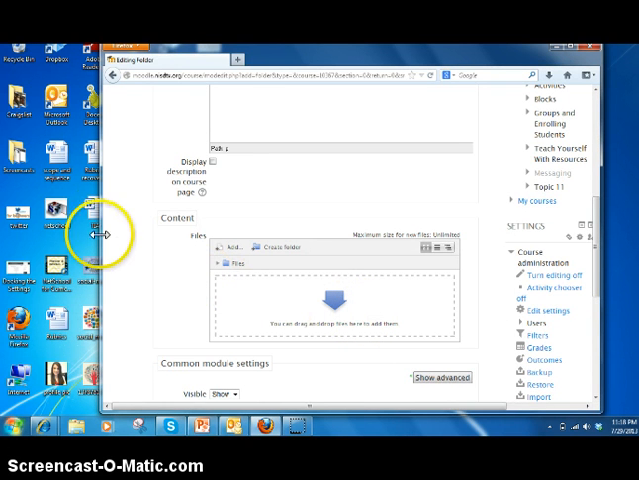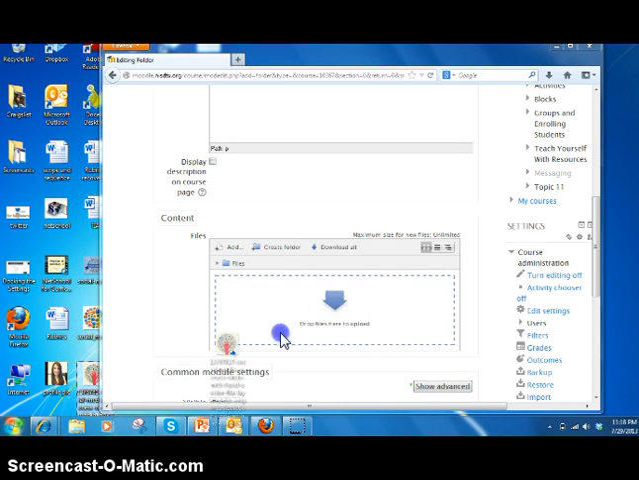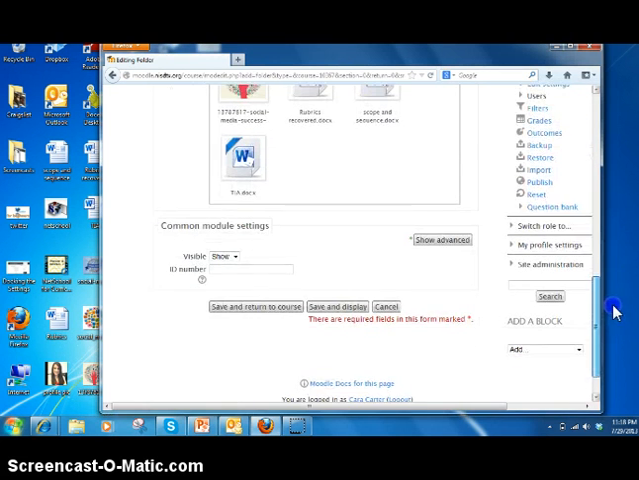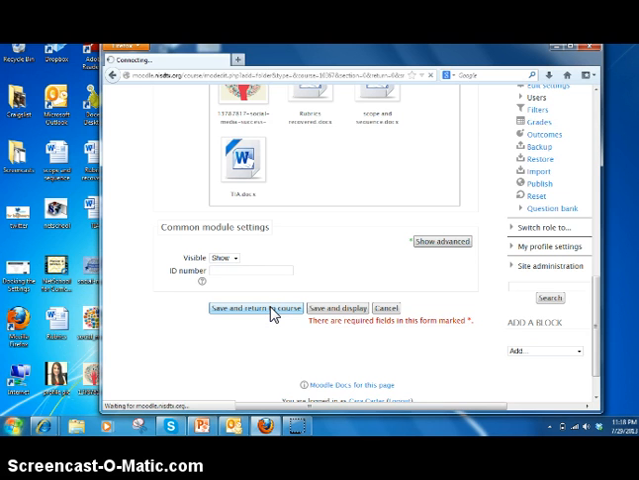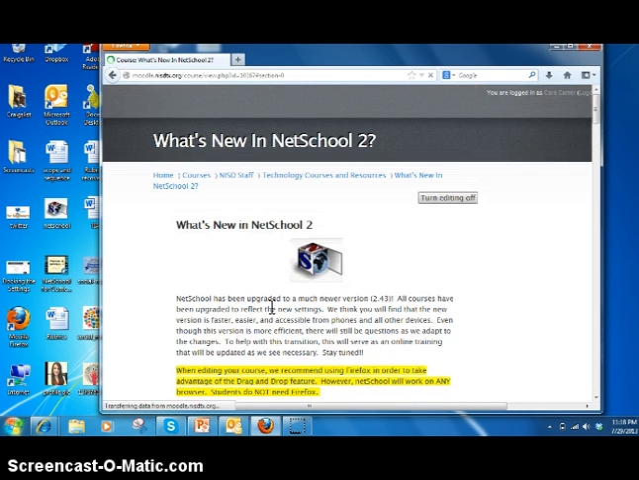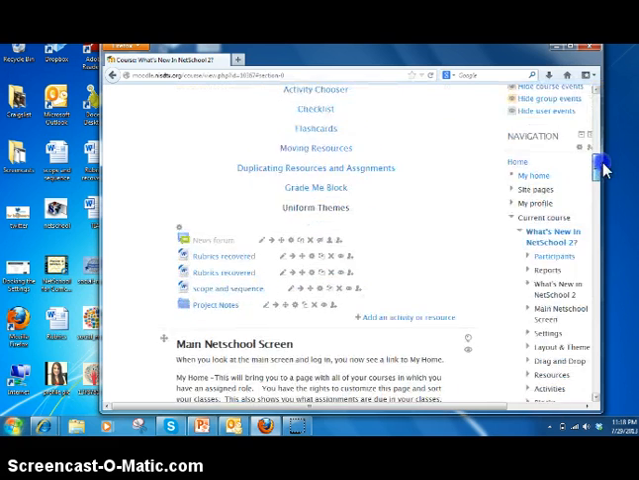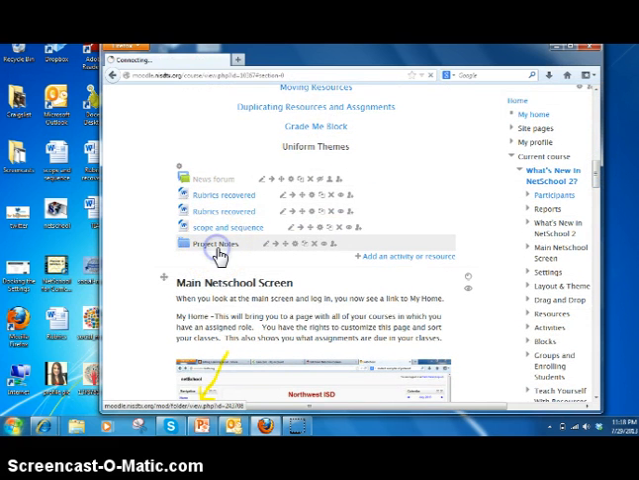So these can be from your desktop, or they can also be from your H drive. If you have that open, you can just highlight anything that you want and drag it directly into this box here. So for this one, I'm just going to select a few documents, drag it over, and I'm going to add this image and drag that in as well. Then you scroll down, save and return to course,